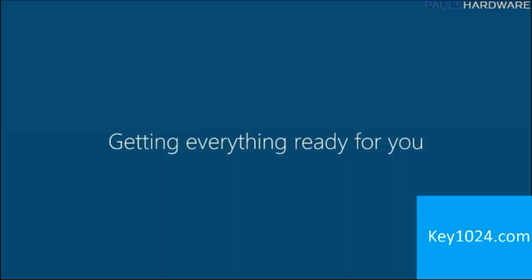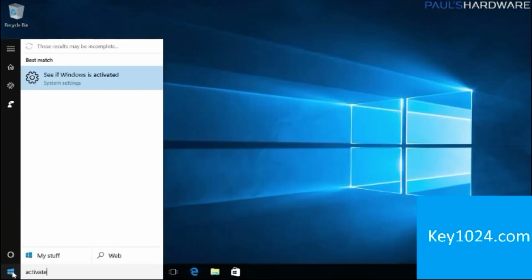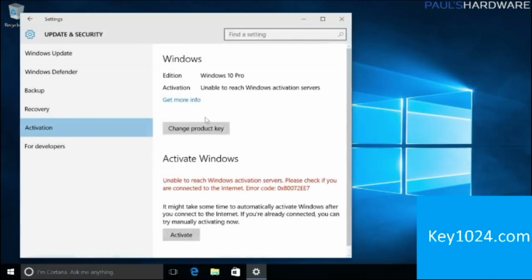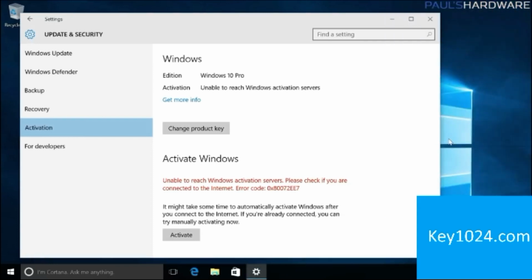Since my main question here is whether or not this key will activate, I'm going to pull up the activation settings right away, and only now will I actually plug in the internet connection. So without me doing anything, the message updated that Windows had activated as soon as the internet connection appeared. It looks like my